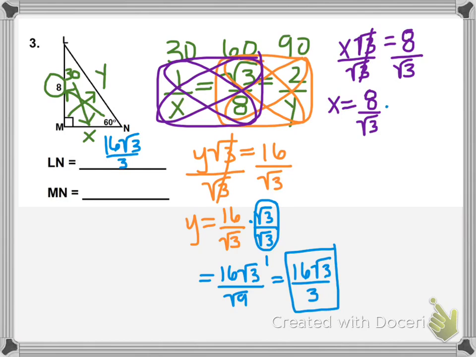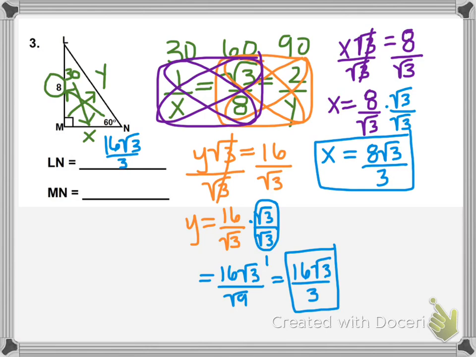So we're going to multiply the top and bottom both by square root of 3. 8 times square root of 3 is 8 square root of 3. Square root of 3 times square root of 3 is square root of 9. I can write that down, or I can just think, hey, that's 3. So remember, when you multiply a square root times itself, it just equals the number under the square root symbol. And 8 over 3 as a fraction is already simplified. So that means this is the value of x, 8 square root of 3 over 3, which is also the